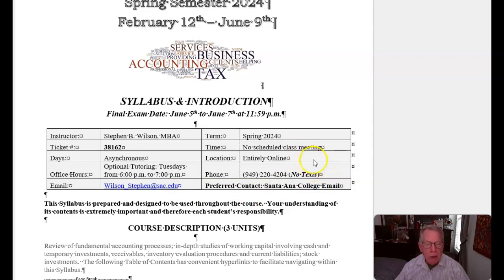And then it's entirely online, as I mentioned, but I also give you my phone number. My phone number is designed to help you guys. I don't want texts. My wife and my daughter love texts, but I don't. So if you're going to use my phone, please call me and we can discuss anything. And I encourage that. Don't be at all reluctant if you have a problem to phone me, and we'll go from there. But for most things, I think my Santa Ana email will do just nicely.